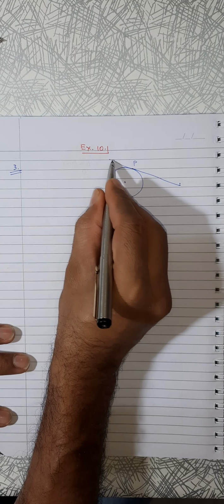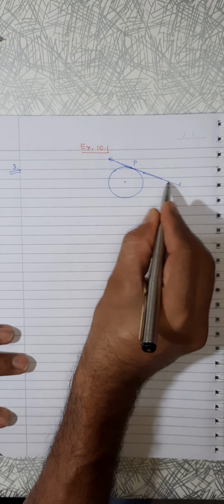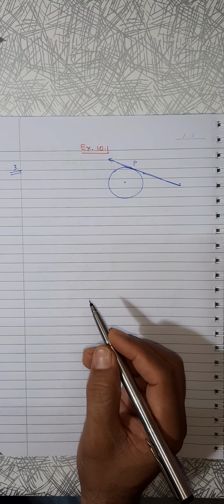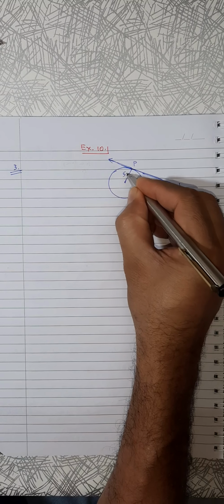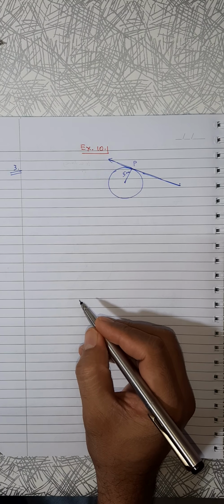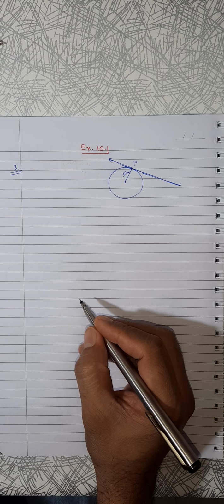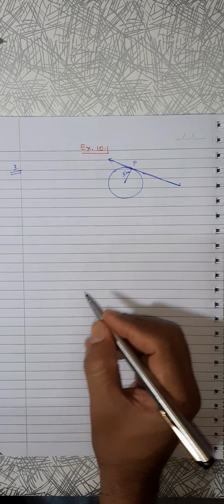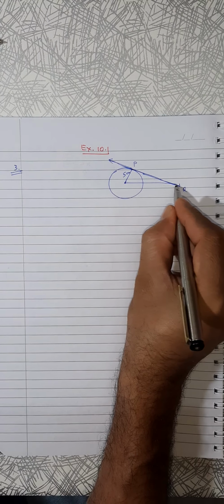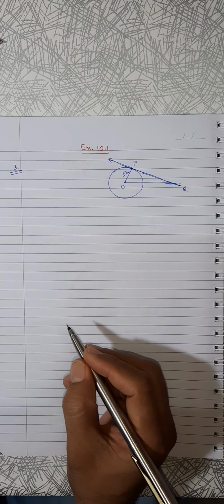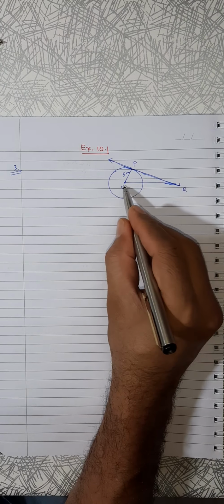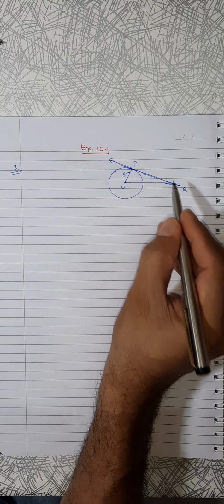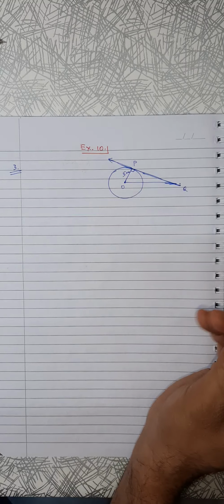Tangent of radius of 5 centimeter radius meets a line through the center O at a point Q. That is, a center O, radius of 5, point P and this one. So a line, that is the line joining center O and point Q, and this tangent is meeting. So they are saying about this figure.